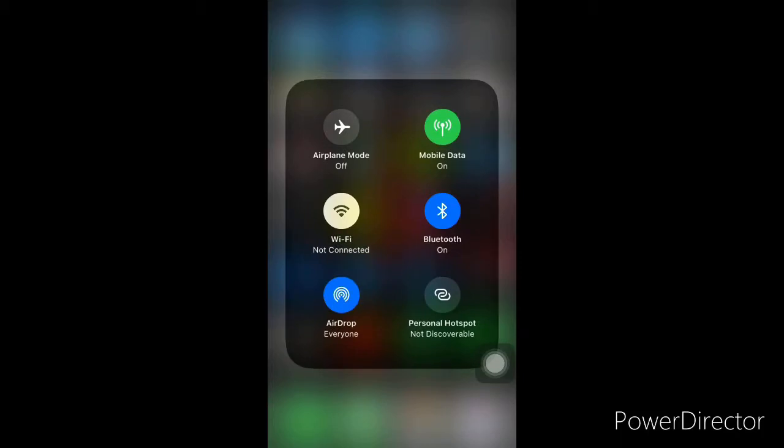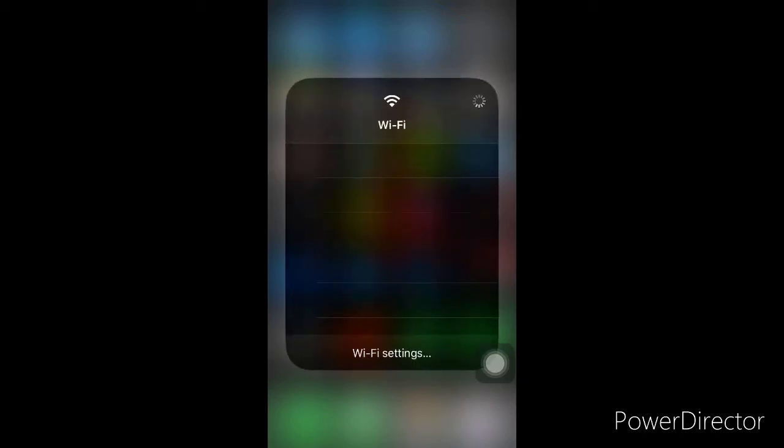Same this way, here is Wi-Fi. You just have to press and hold on the Wi-Fi button and you can see all the Wi-Fi networks available. Now no Wi-Fi is available, so it is not showing anything.